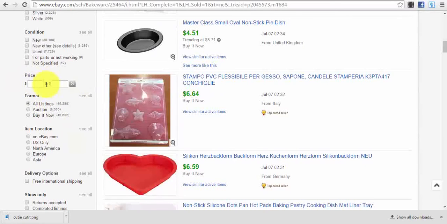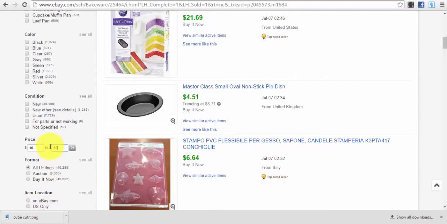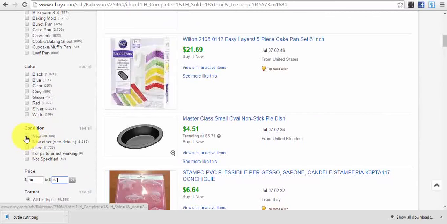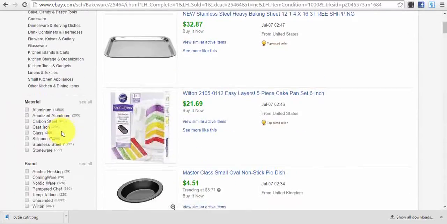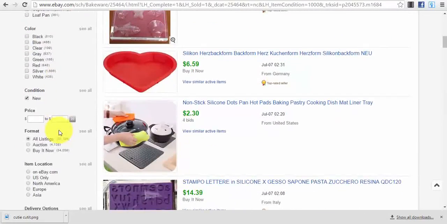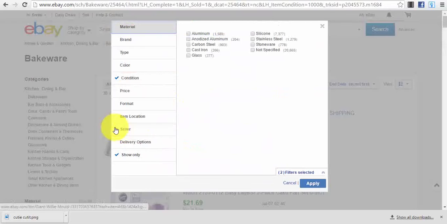And we can select a certain price range, and we will go for $10 to $50. And all listings, okay, condition, new. Okay, we are interested only in new. And that's about it. Material, brand, type, color, no. This is what's important for us, okay?